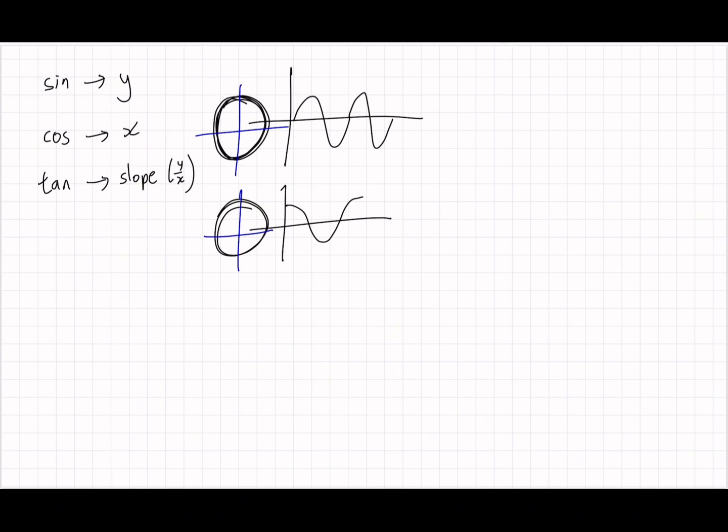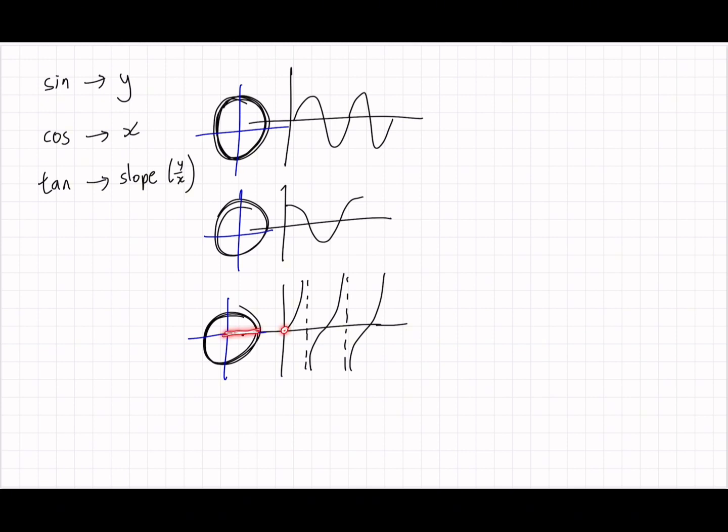And then lastly, for the tangent function, this was kind of a weird one. Tangent is weird, guys. So with the tangent function, what we did was we looked at the slopes of all of these lines. So for theta equals 0, the slope was 0. So the graph went like that. When theta was 0, it was 0. That's why we started at 0. And then slopes start to increase and increase and increase. That's what this increase is. And then this never ends